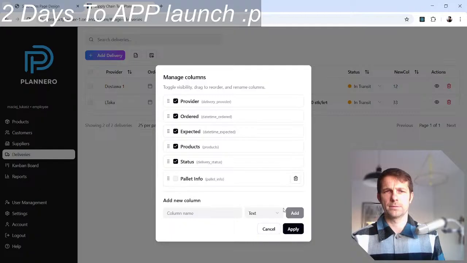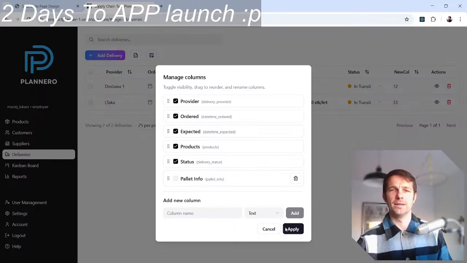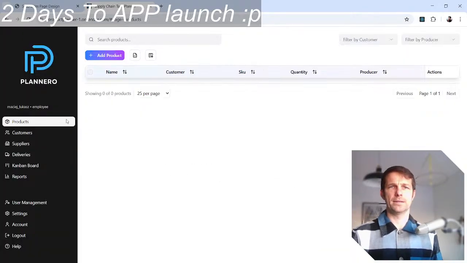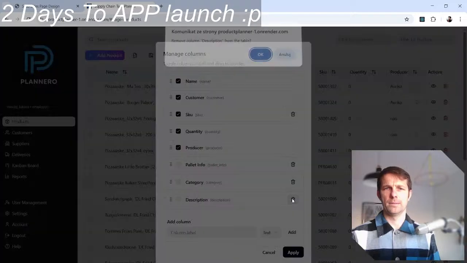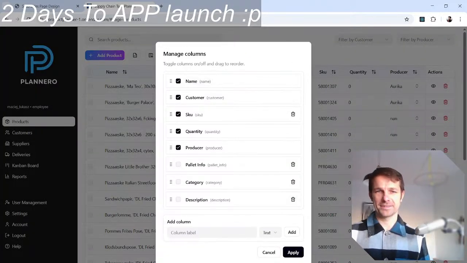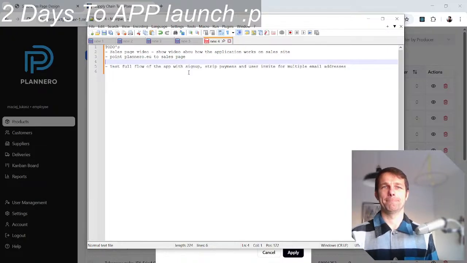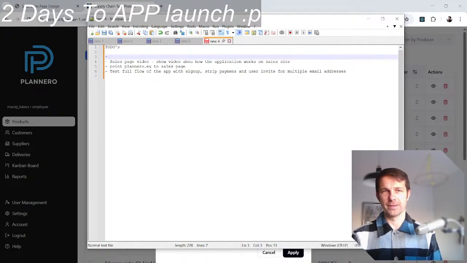Oh, wait, is this delete column? Why is there... is this how we have it here as well? Description. Okay, let's just move the delete column.